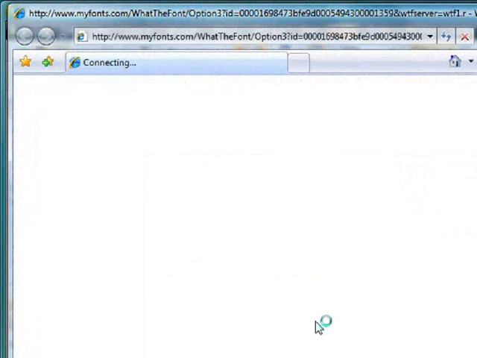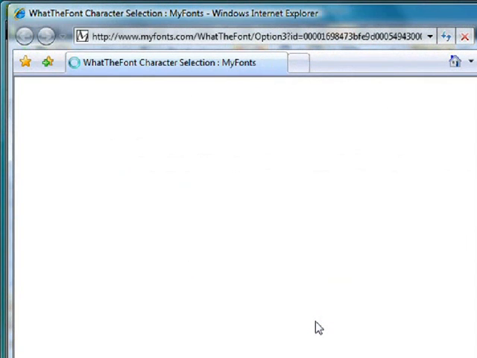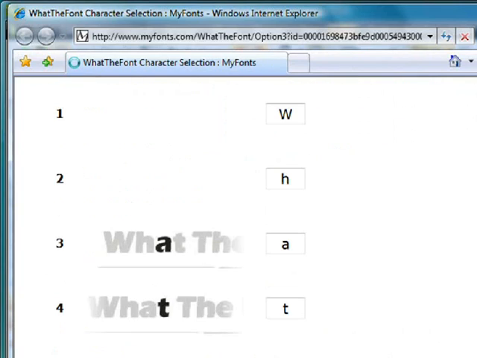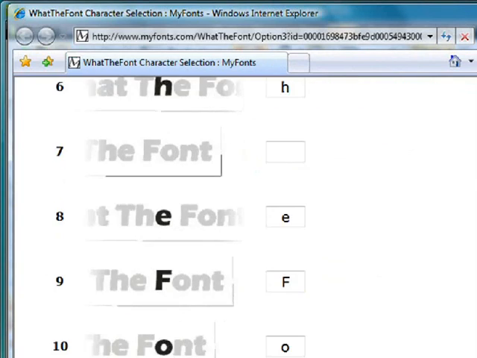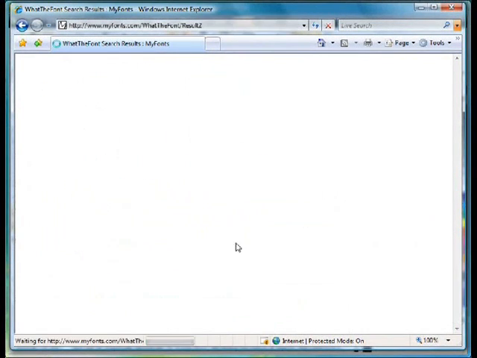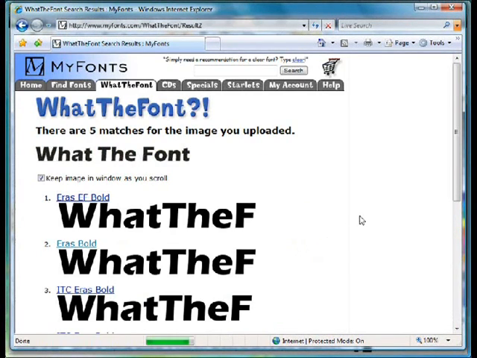This image will be dynamically uploaded to the MyFont website. It'll be analyzed, and you may have to just go through, quickly check the analyzing and make sure all those letters are correct. When it's finished, click Search, and some recommendations will be made. And there you go, we have